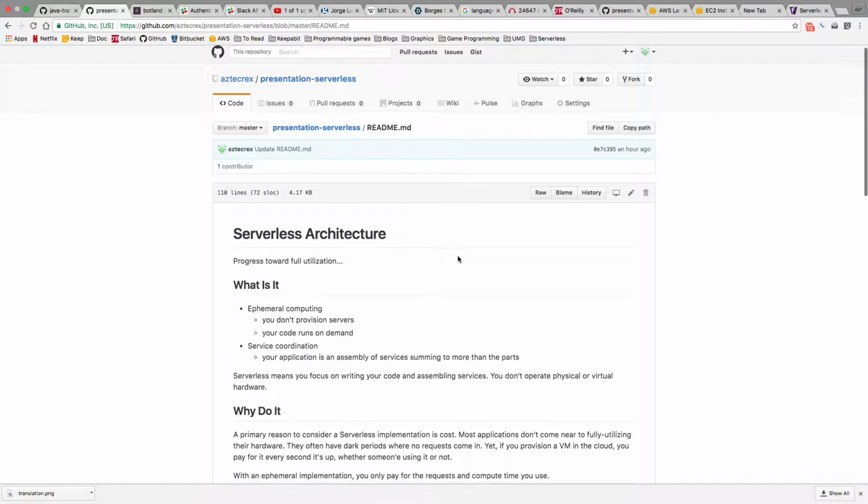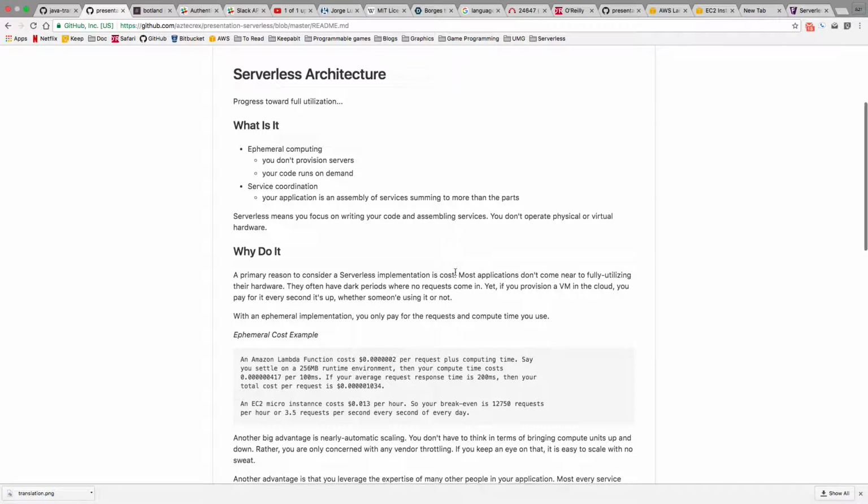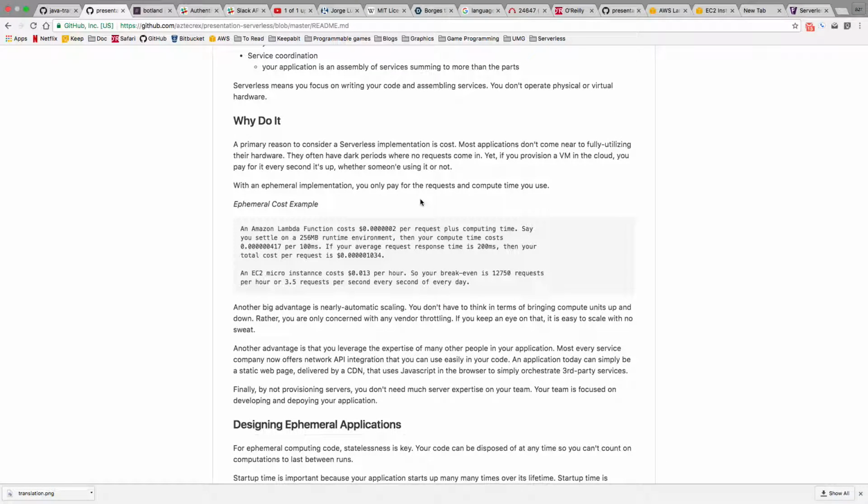So, one question is, why do it? The big one everybody's promoting right now, especially with this ephemeral computing, is the idea of cost savings. If I have to run a server 24 hours a day and pay by the hour, when it's only getting hit 100 times an hour, that's costing me a lot of money that I probably shouldn't have to pay if I was able to just run my code on some server that had some capacity.